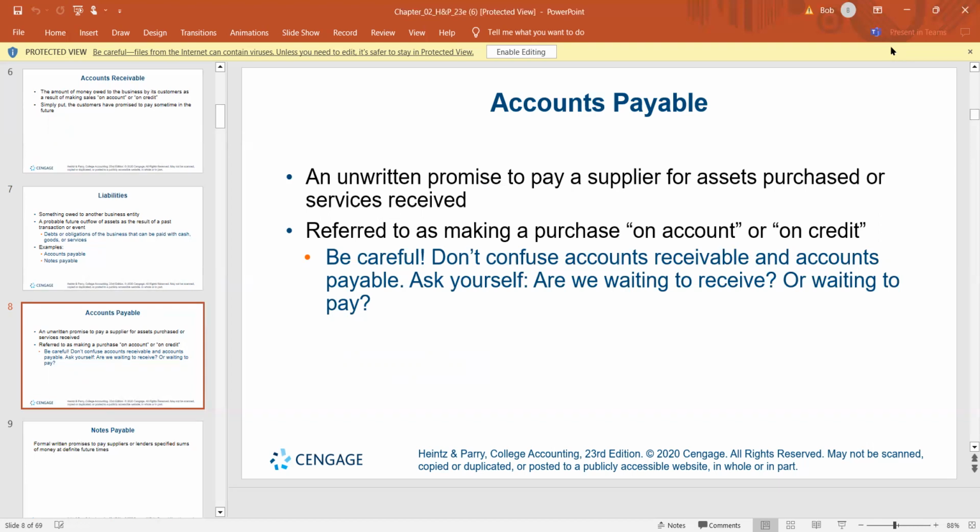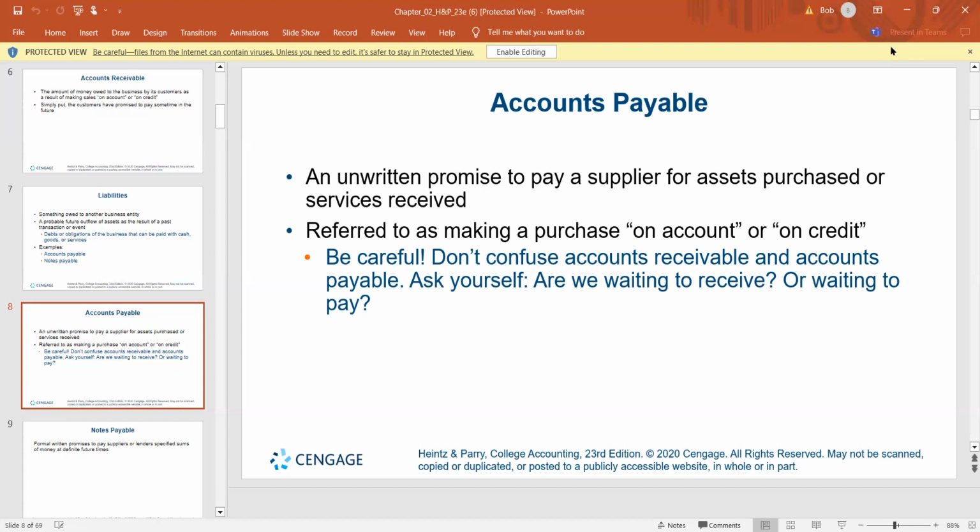So there's no note payable here. There might be a contract in the form of a purchase order that says we're going to drop off 10 cars a week to your parking lot or something. This is called making a purchase on account. Add a few words to on account. On account of no cash. On account of nobody had money.